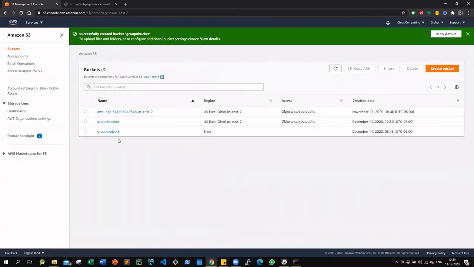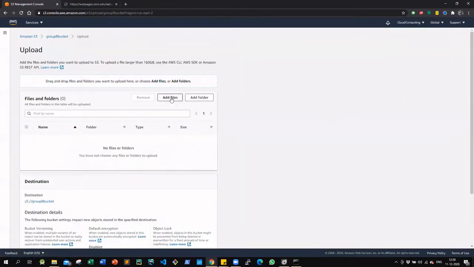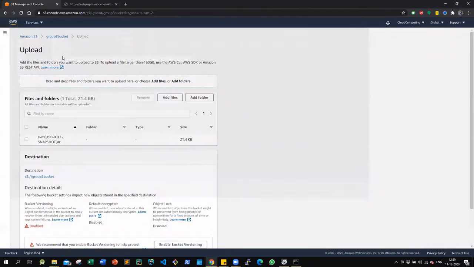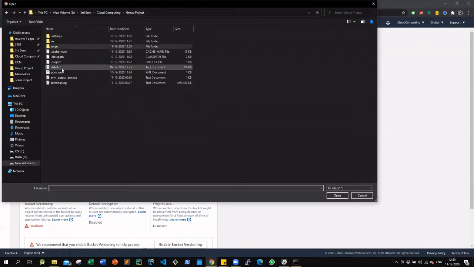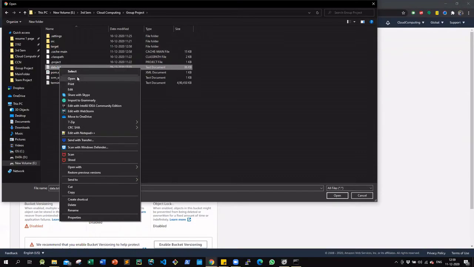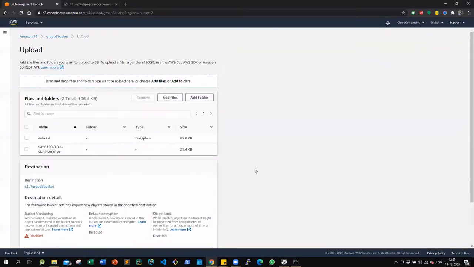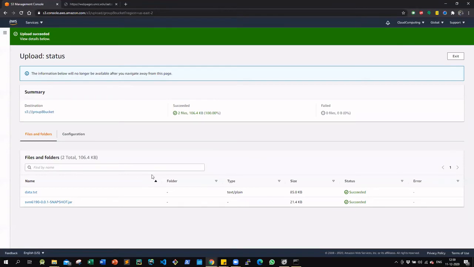so now the S3 bucket has been created, and then we can add the files. The jar file that is created at this place, and then we'll add the dataset file, which we have here, the data.txt, and it looks something like this. So now we will upload both of these files, and then